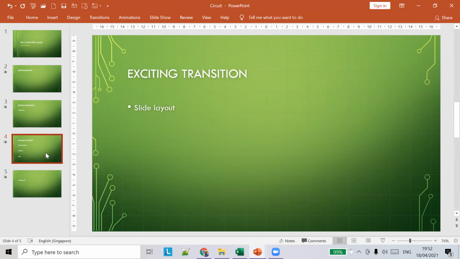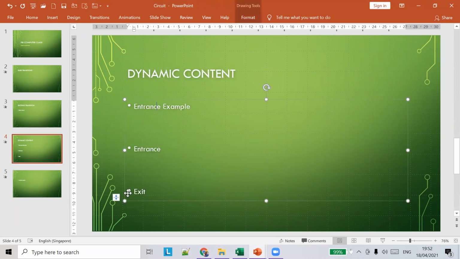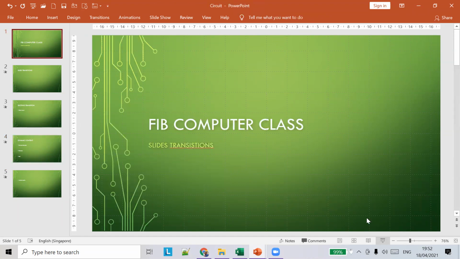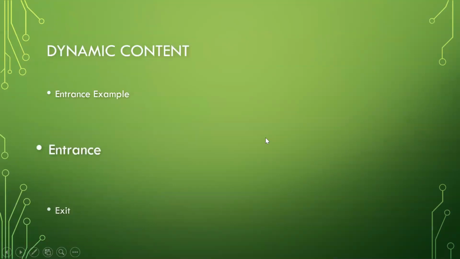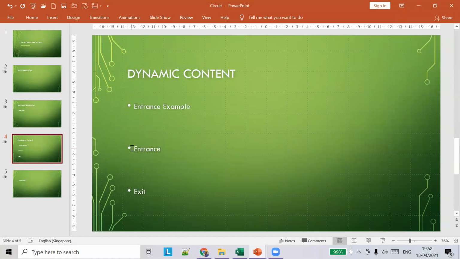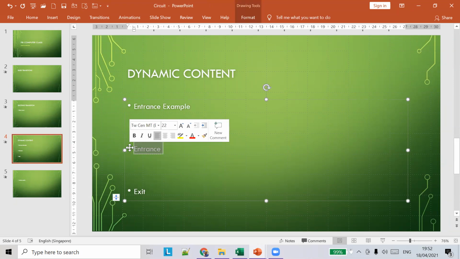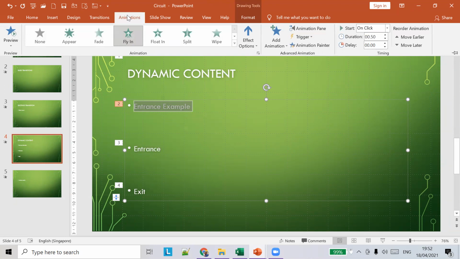So if you see this thing, right, when you open the slide, you can see all these numbers, which means that all these elements have some animation effect, and it's based on the number.